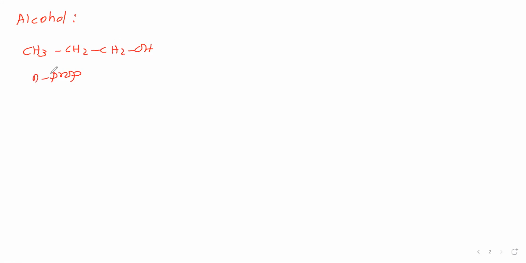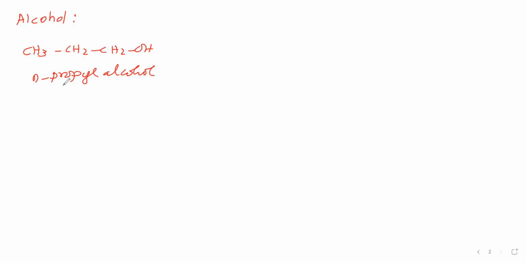Therefore, we'll say normal. Normal means all the carbons are present in a straight chain. We are saying it superficially; actually, the 3 carbon atoms are present like this. If the OH group is present at the first, terminal carbon, then only we have to say N, normal. Then yl, and OH is alcohol. So the common name is N-propyl alcohol.